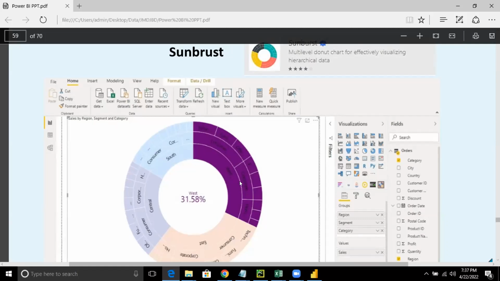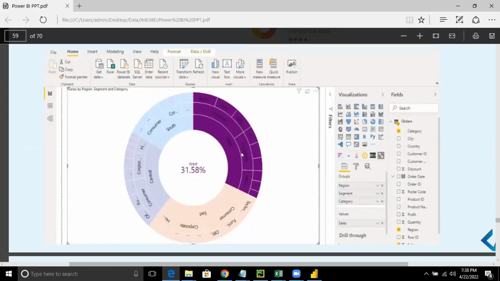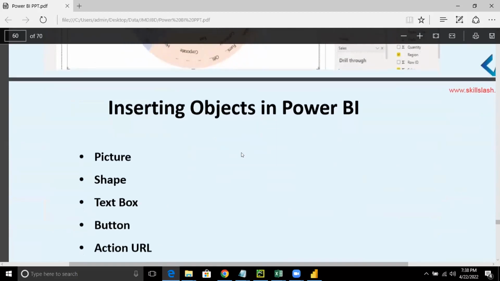Within the west, you've got consumer and corporate. And within the consumer section, you've got technology, furniture, and the other. Can you see the difference, everybody? Similarly, under the east region, you've got corporate, consumer. Within the consumer, you have technology, furniture, and office supplies. So these are the different pieces of information you can get.